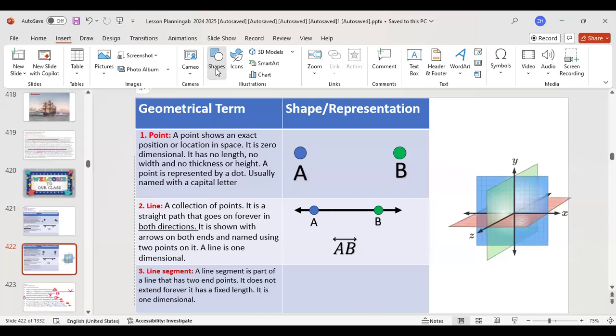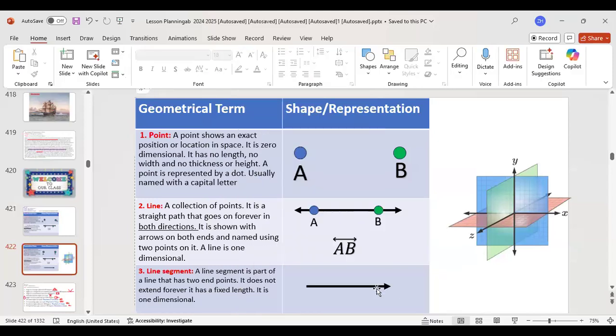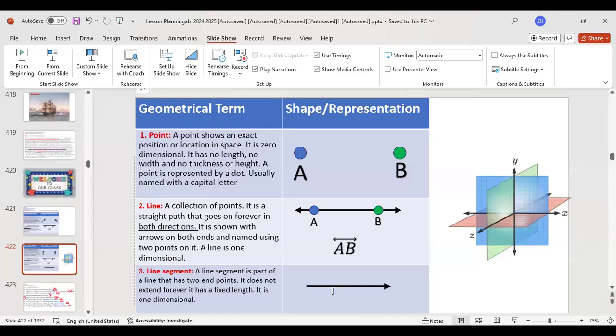Let me show you something else. How about this one? This one has to be a line segment, right? No, because it still has an arrow on it. A line segment is something that has no arrows on it. What is this? I remember. Ray? Ray. Very good. It's a ray. So this is not a line. This is not a line segment. It's a ray, and we're going to talk about rays.